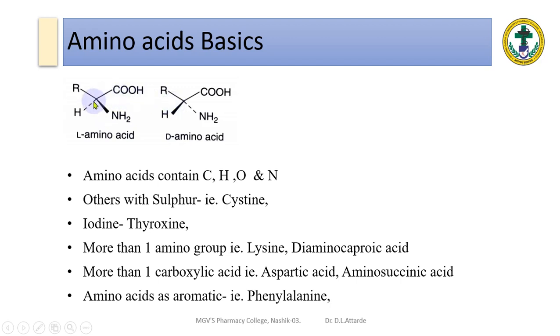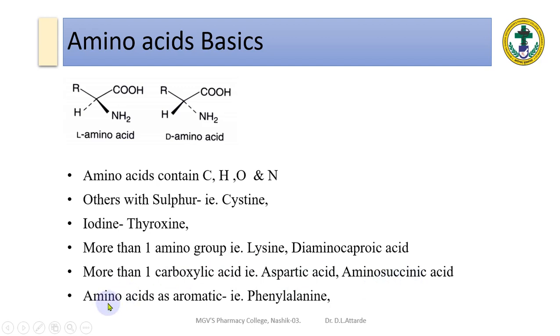Now, amino acids mainly contain carbon, hydrogen, oxygen and nitrogen as the main elements. Others, if present, are like sulfur, for example in cysteine. If iodine is present, the example is thyroxine. More than one amino group is found in lysine, diaminocaproic acid. More than one carboxylic acid is found in aspartic acid,